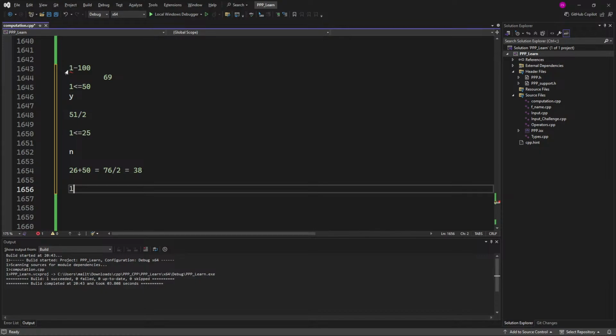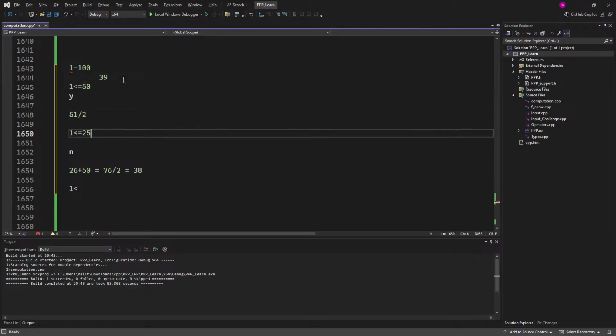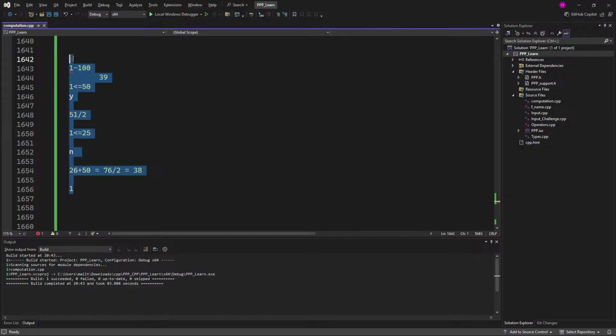So if you thought the number is 39, okay, is it smaller than or equal to 38? No, so the new range is 39 upward. So if the user is thinking about 39, okay,